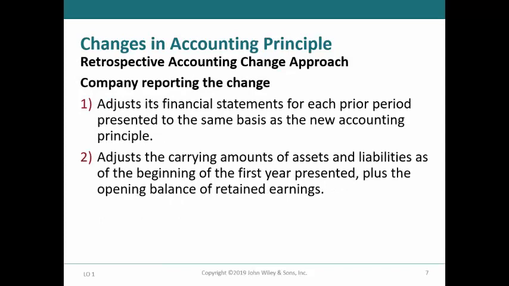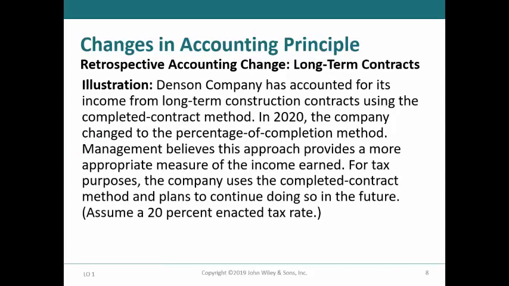As we discussed in the previous slide, the retrospective treatment requires that all the financial statements that are presented together use the new principle. This requires adjusting the assets and liabilities in the first year presented to the new principle, and reporting the cumulative effect of the change in net income in the opening balance of retained earnings for the first year presented. To illustrate the retrospective treatment, we will look at Denson & Company that changed its method of